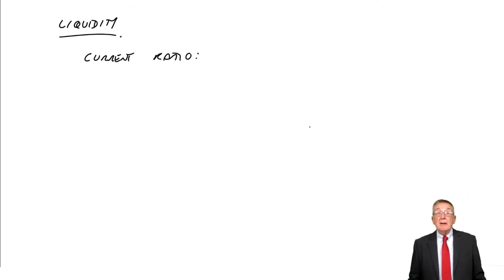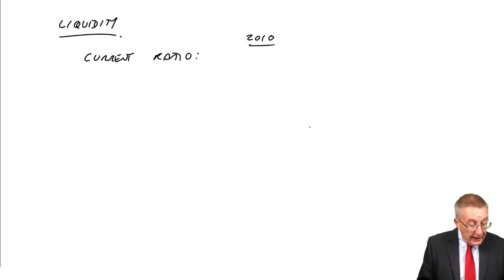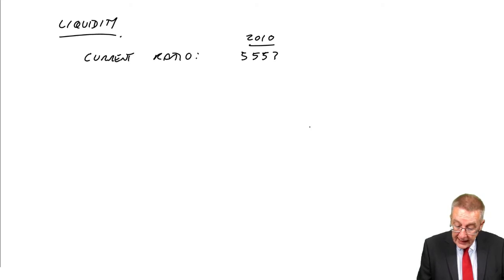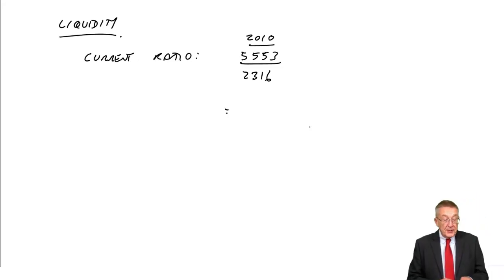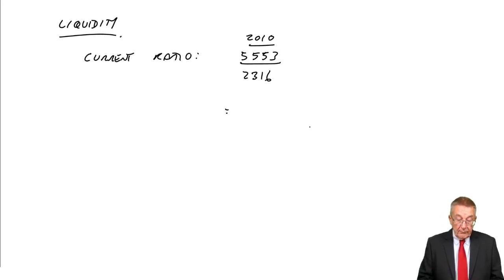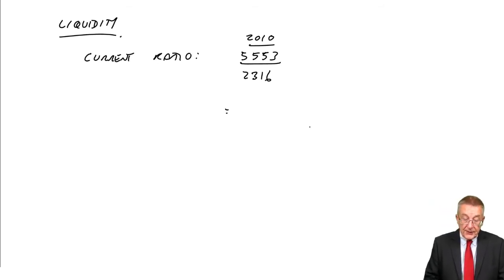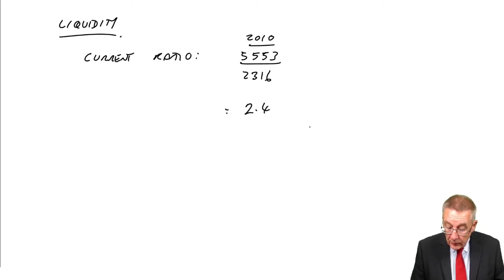And you've got the formula there. It's the current assets divided by the current liabilities. So let's just check it in both years. In 2010, the current assets are 5553. The current liabilities 2316. So in 2010, the ratio is 5553 divided by 2316. The ratio is 2.40. I'll interpret it in a minute, but in 2009, the arithmetic,